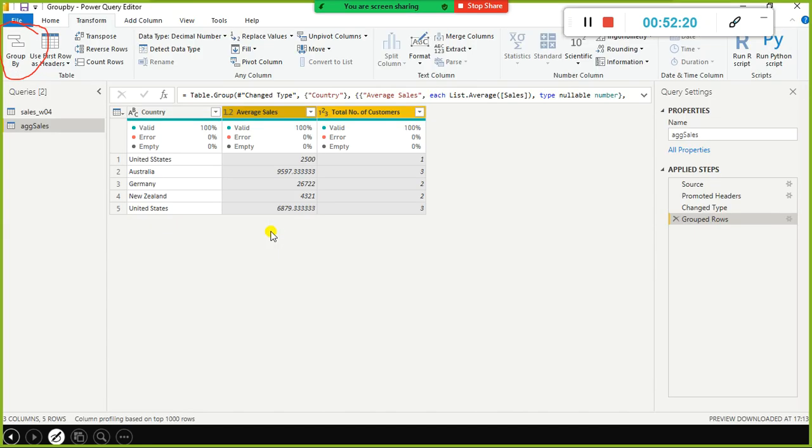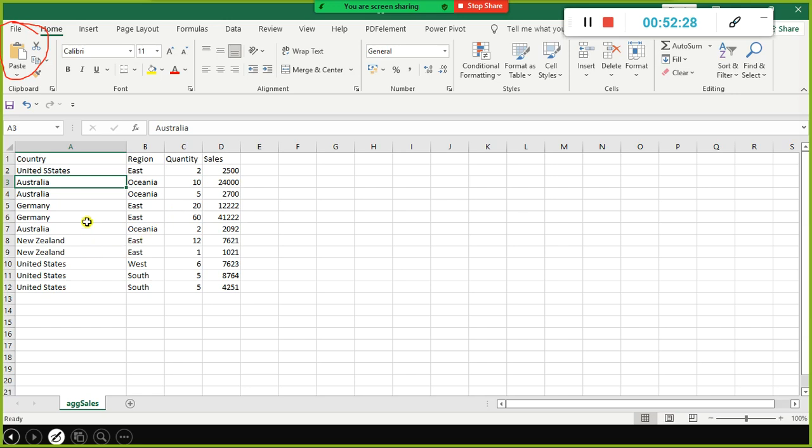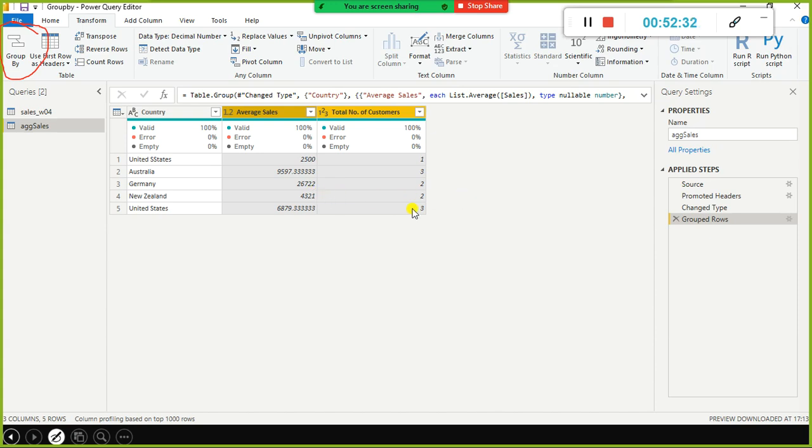Since we have 3 records, I say 3 customers purchased products from me. And Germany we have 2 records, and New Zealand we have 2 records. Very good, right? So for each country it does the counting here. This is called count, and in this case we apply the average function, hence it averages the sales for each country. But still there is a problem here, a data issue.